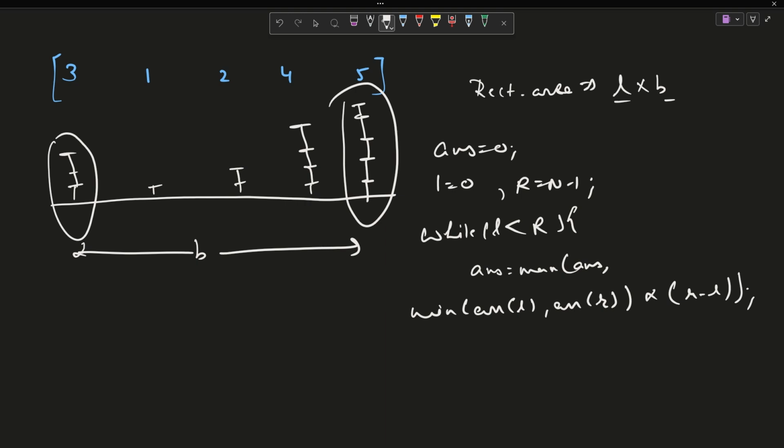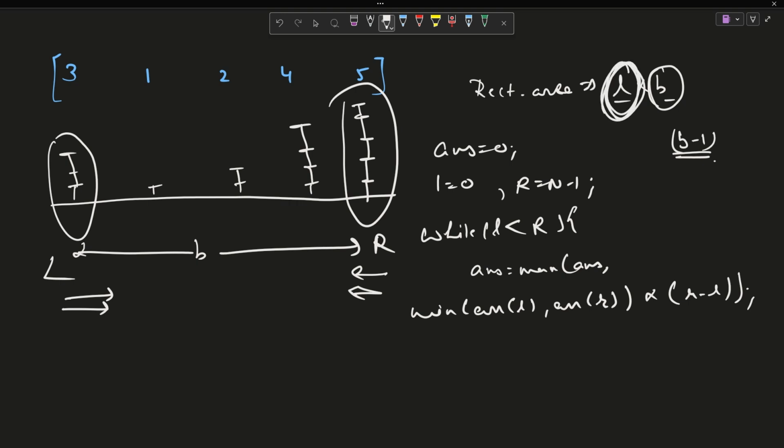Okay, so this is the current area, right? Now I have to reduce one of the pointers. What is the two pointer approach? If this is my r, this is my L, reduce the pointers so that they are coming closer. L is moving here, r is moving here, but which one should I choose? I already told that B is currently maximum, and whatever I choose, B will be changing to B minus 1, right? So I have to look at L. To keep the area maximum, I have to keep my L as high as possible.